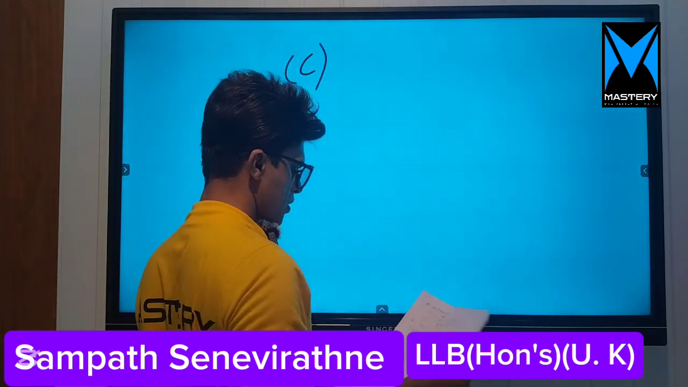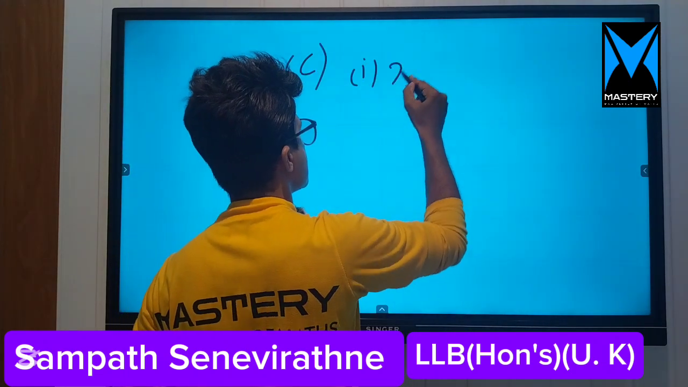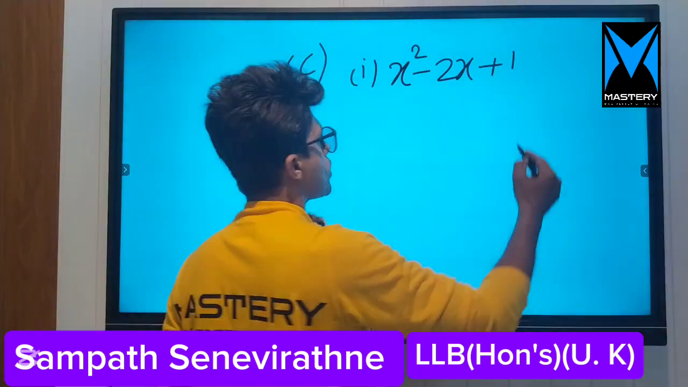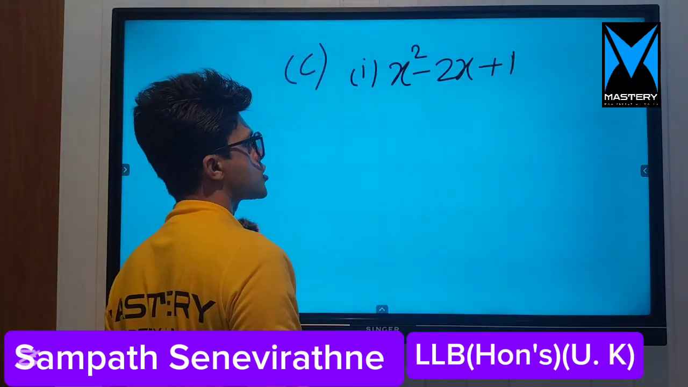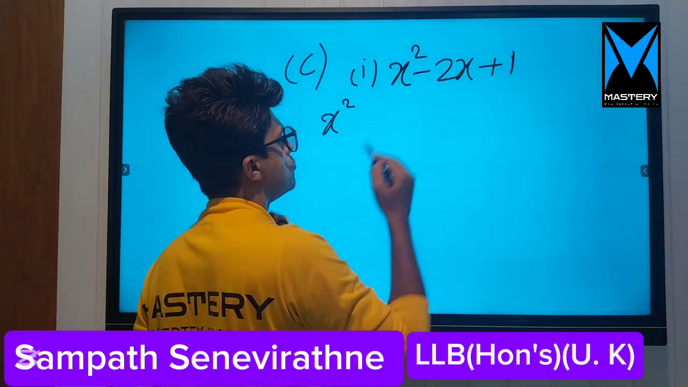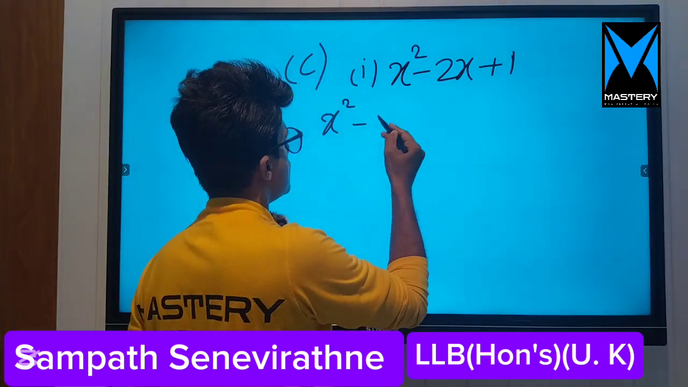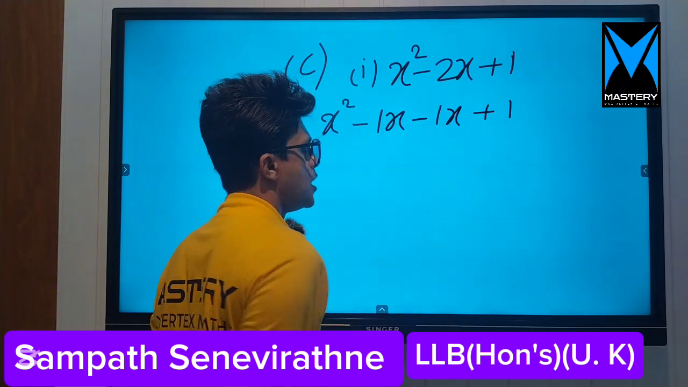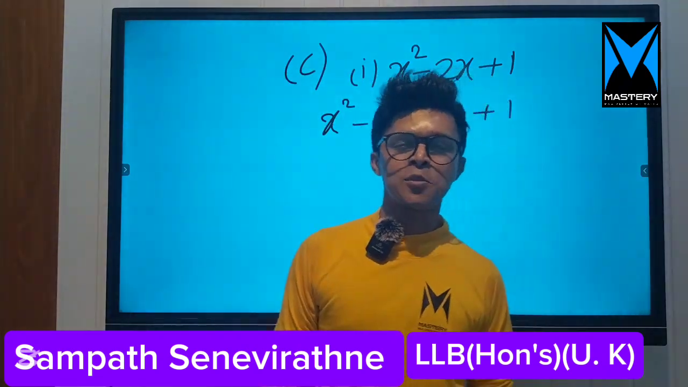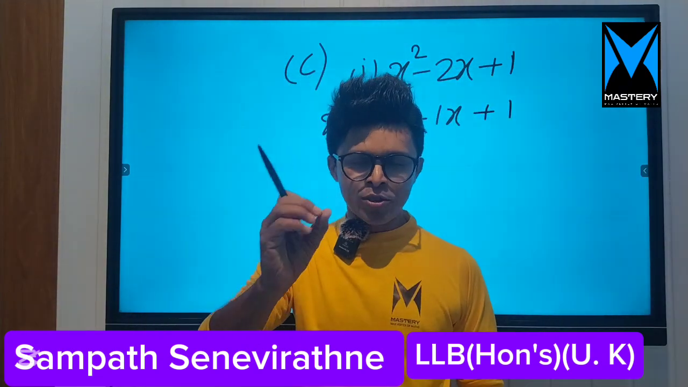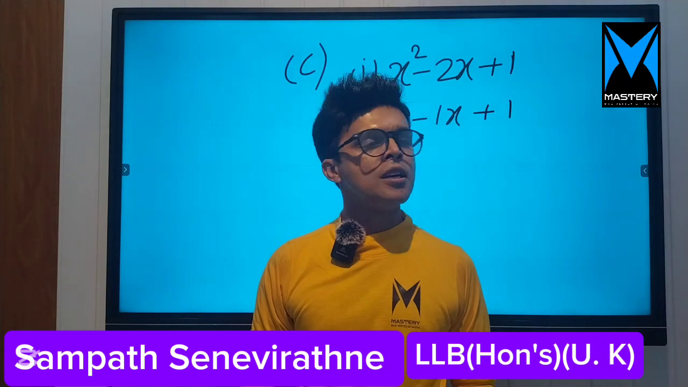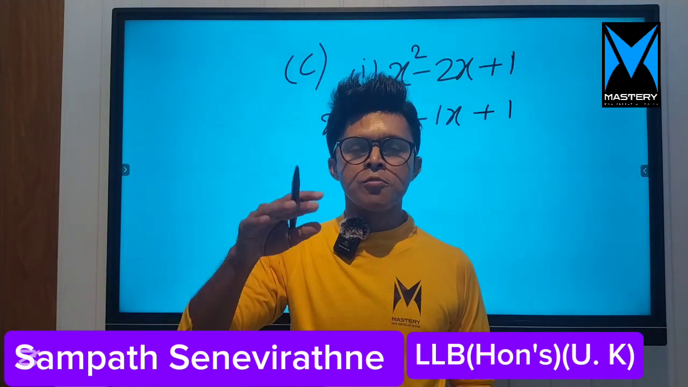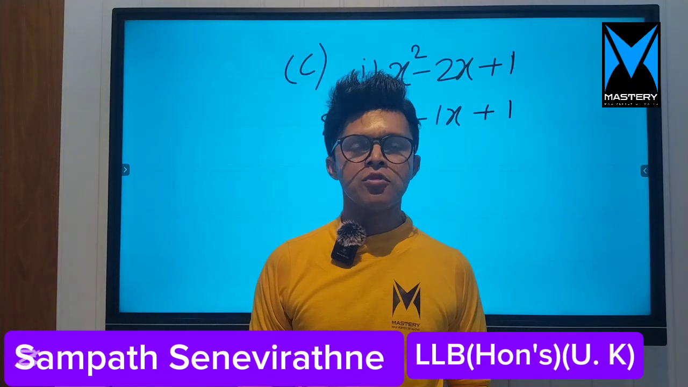Part C, first question. You have to factorize quadratic expressions: x squared minus 2x plus 1. You have to get the factors of 1 so that you can get 1 here. I mean minus 2x can be written as minus x minus x. Right now I am just doing these sums, not explaining them. Previously I taught you these sums. If you want, you could search on my YouTube channel and find the videos that I have done